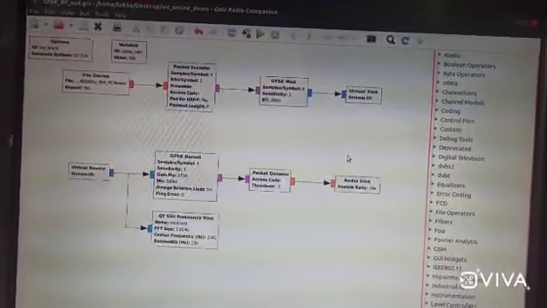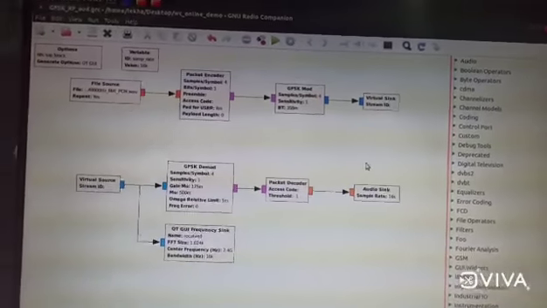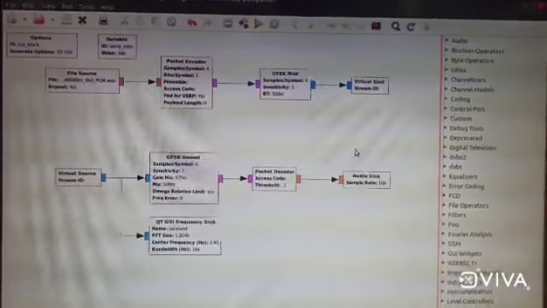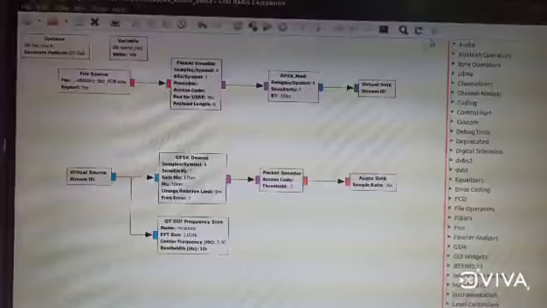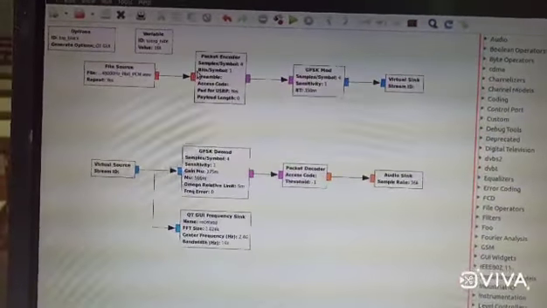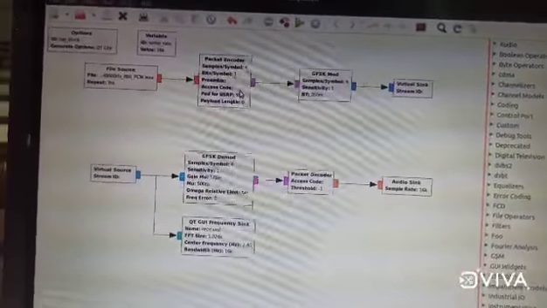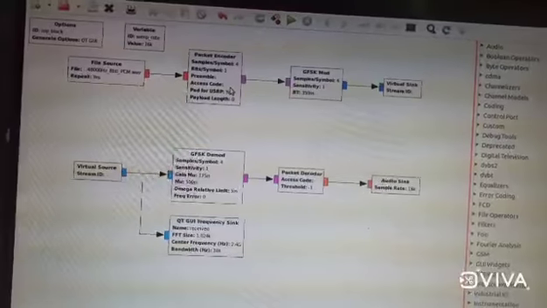So in the previous part of the experiment we have seen how to transmit an RF signal. Now let us see how to transmit an audio signal using DVB-T. In the previous part of this experiment we used a sampling rate of 16K. By default it will be 32K, but you can use 16K for now.